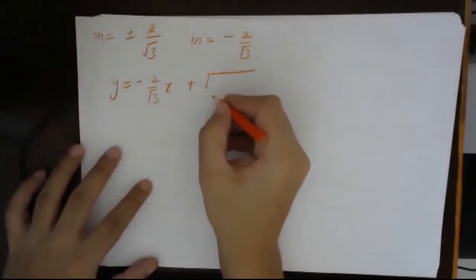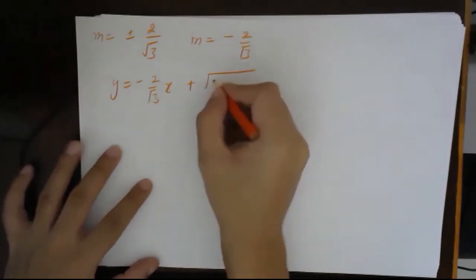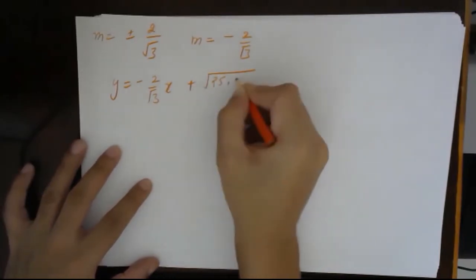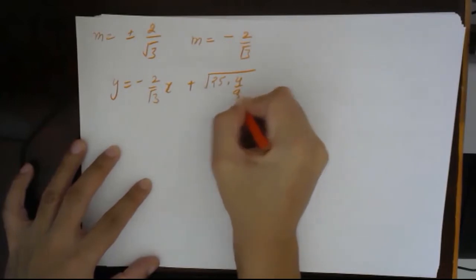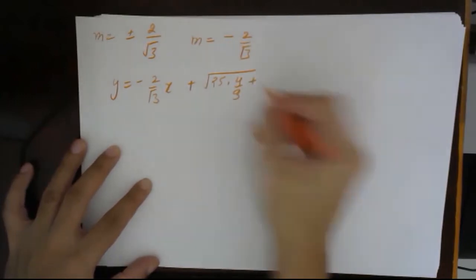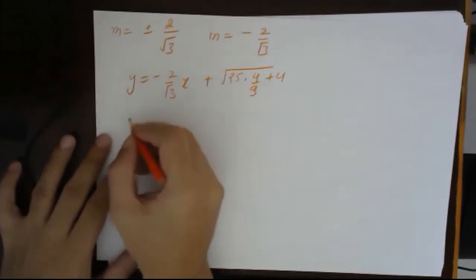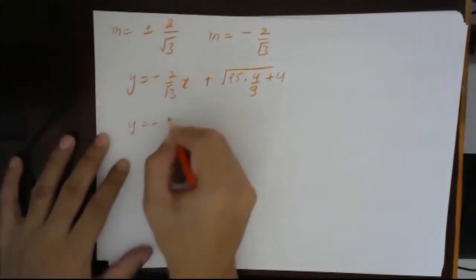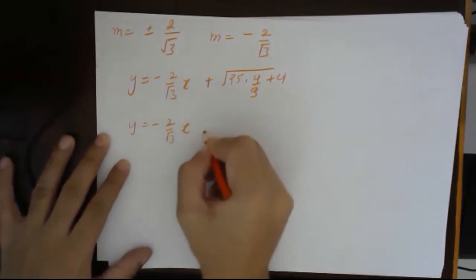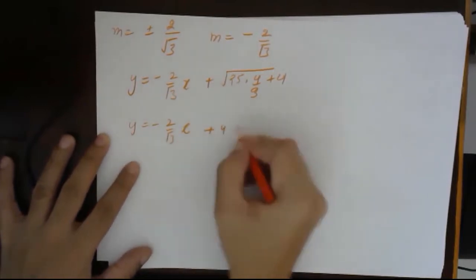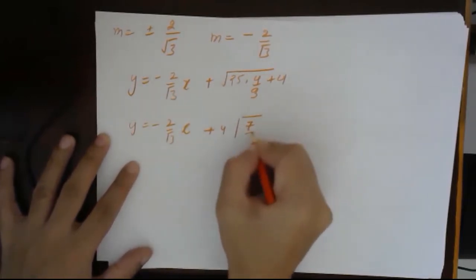A square is 25, m square is 4 by 3, b square is 4. If I solve this, it becomes y equals minus 2 by root 3 x plus 4 root 7 by